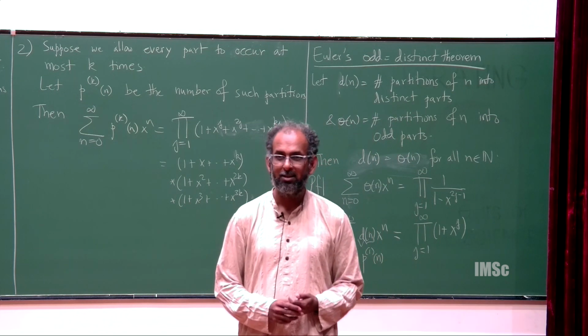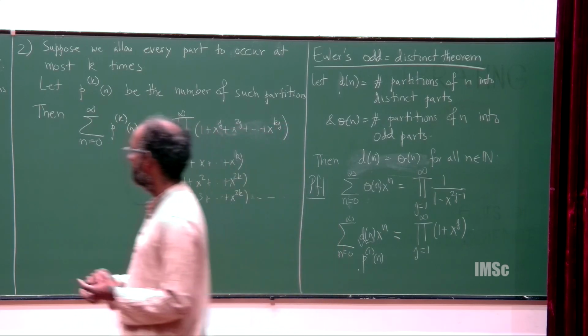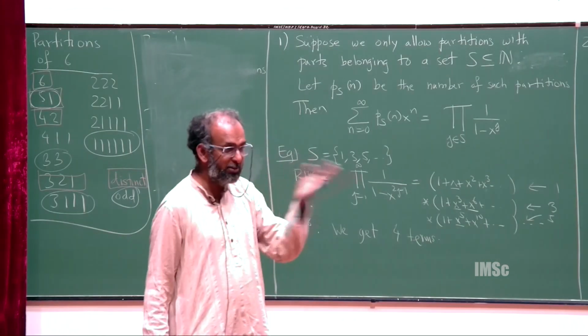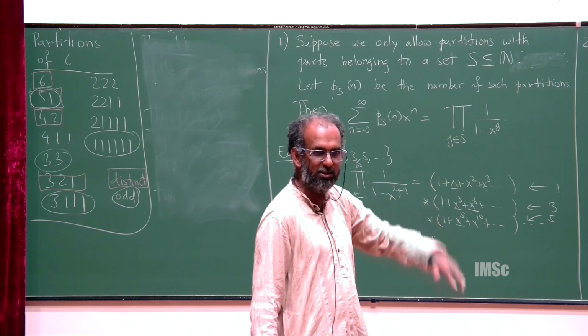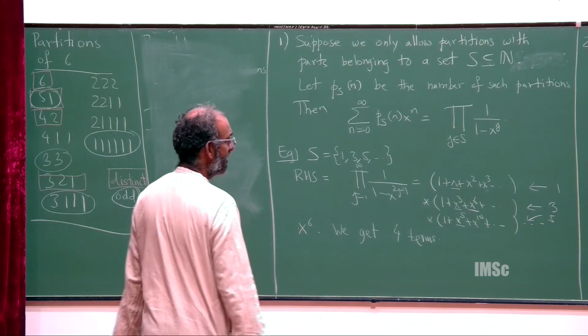Can anyone see? Does anybody have an idea? It's very simple. But you know, it's very simple once you see it. I mean, before that maybe it's not so clear, right? I mean, these two look very different. One has numerator, one has denominator, one is infinite, one is finite. What's going on? So the trick here,